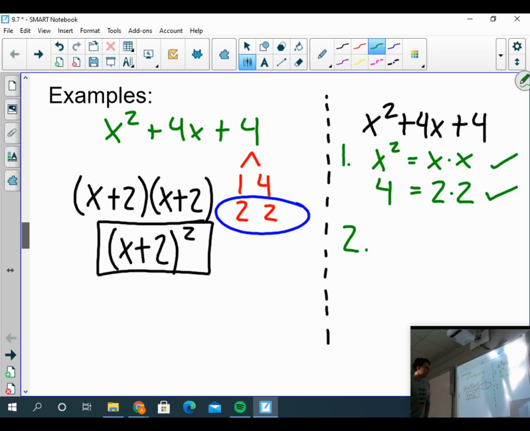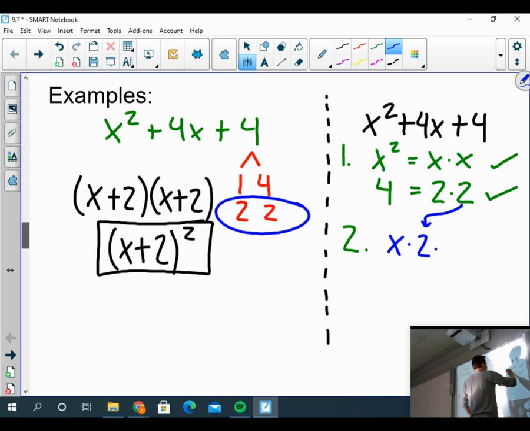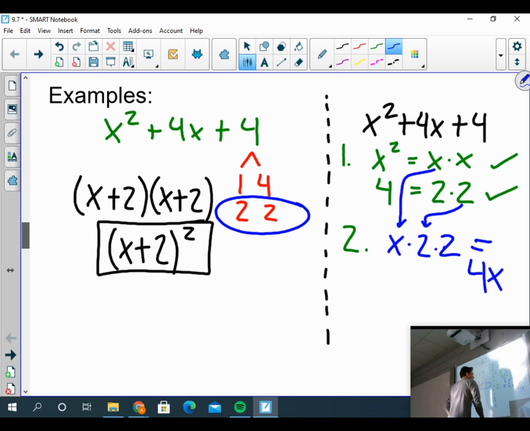Well, the second criteria is, once you've rewritten your first and last term as a product of two identical factors, take a factor from the first term and a factor from the last term and multiply it. So maybe this will help with the visualization. And multiply that by 2. Well, when I do this, I get 4x. Does that match my middle term? Yes, the 4x's align. And so I have met all my criteria to say, hey, this is a perfect square